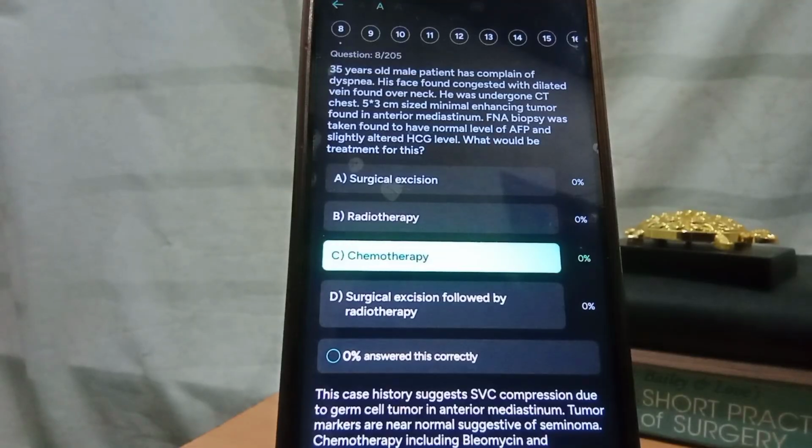A 35-year-old male patient has complaints of dyspnea. His face is found congested with dilated veins over the neck. He underwent a CT chest. A 5 into 3 cm minimally enhancing tumor was found in the anterior mediastinum. FNA biopsy was taken, found to have normal level of AFP and slightly altered HCG level. What will be the treatment for this? So the treatment is